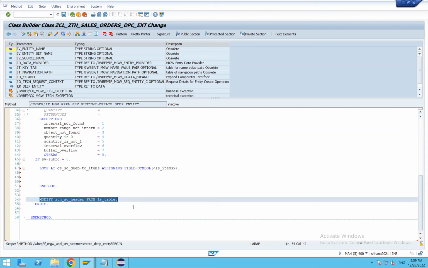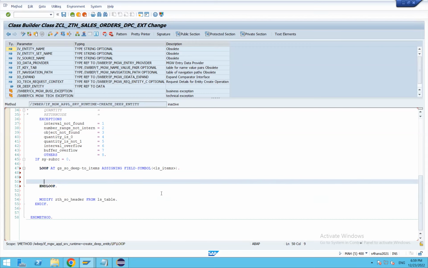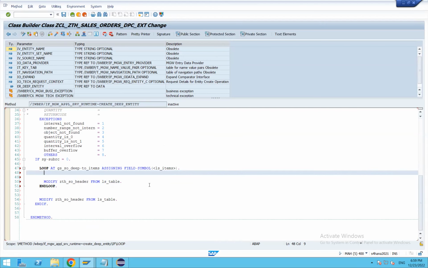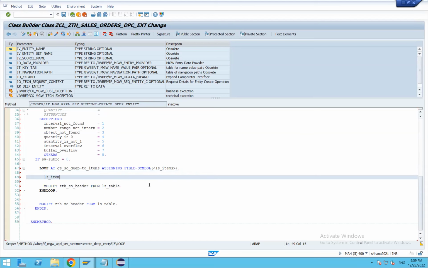So what I do, I'll just insert here itself. So here LS items corresponding of LS items. Okay, and